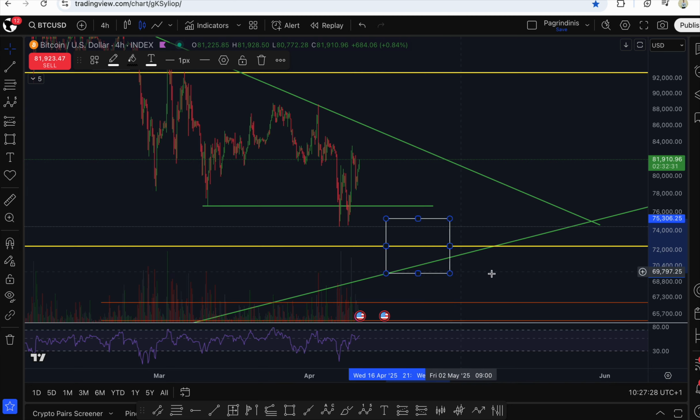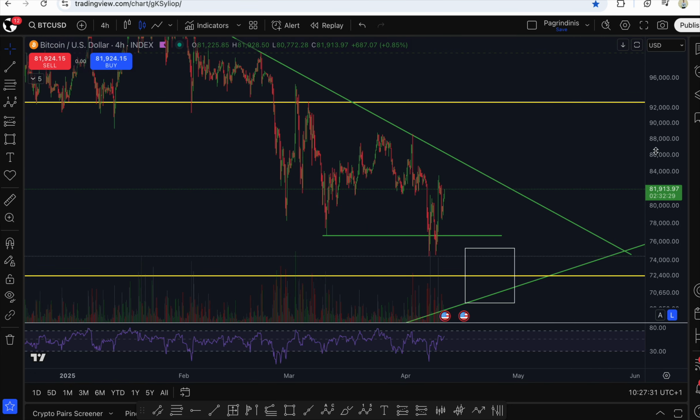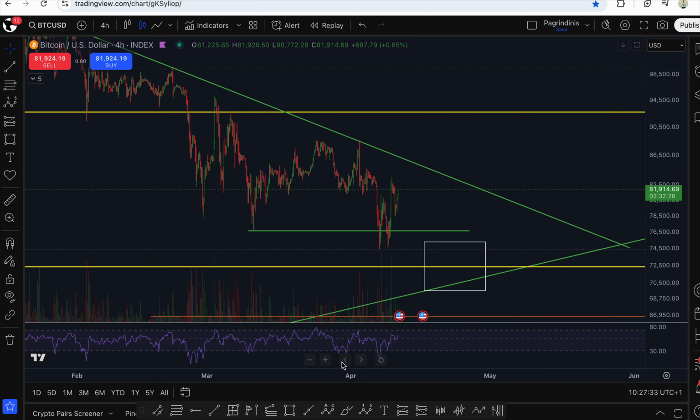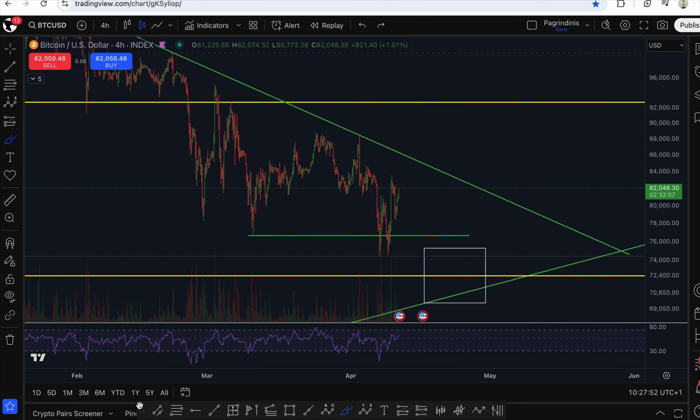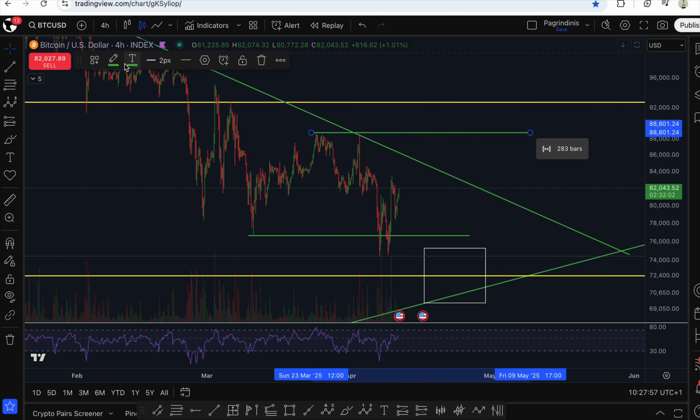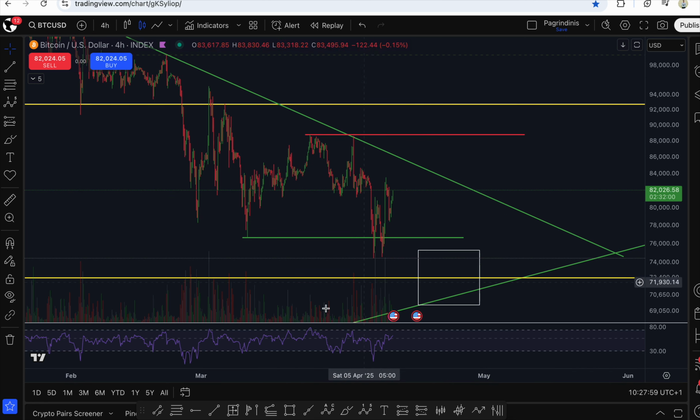But why not come a little bit lower, you know? We don't have to, but just make this nice ABC. So we go for the 1, 2, 3, 4, 5. 1, 2, break this trend line, people go bullish, and then maybe do this. Again, people are going to be looking for these highs. Traders are going to be looking for these highs because they think that's the strong high